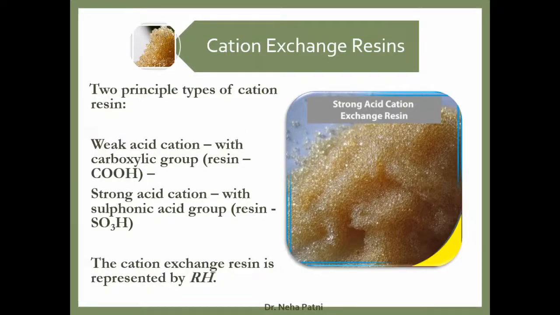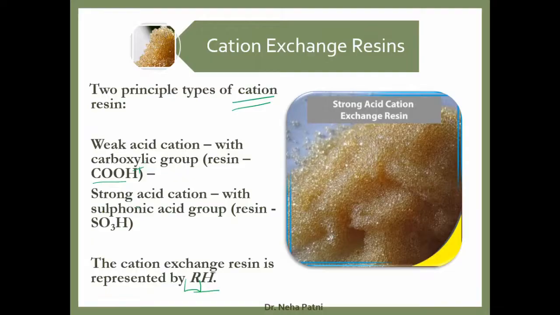Cation exchange resin, the first type, as we said, is capable of exchanging its cation. So which cation does it have? It has H. So you can represent the cation exchange resin as RH, where R would be your polymer, which is a big network, and H is that cation which is going to be exchanged. Now obviously this cation comes from an acidic portion, like the functional groups which are acidic in nature, they may give you H plus ions.